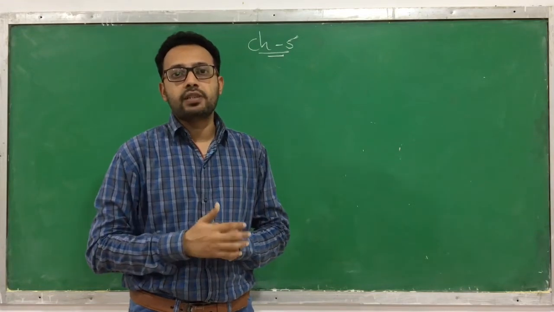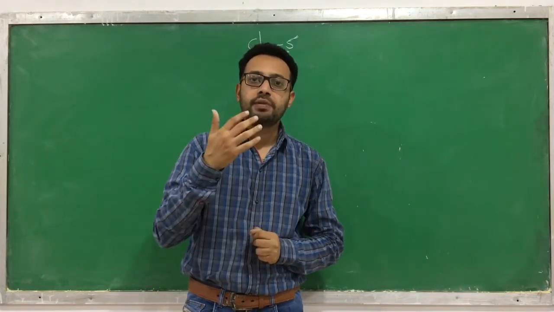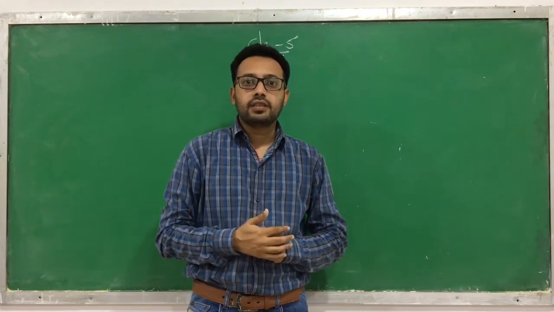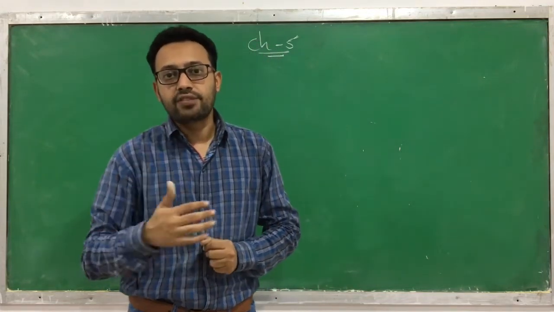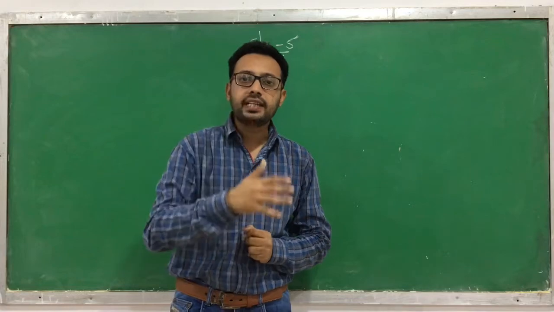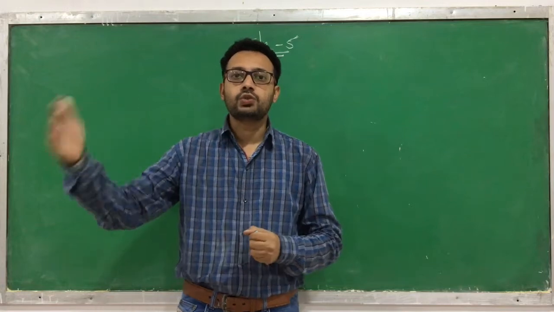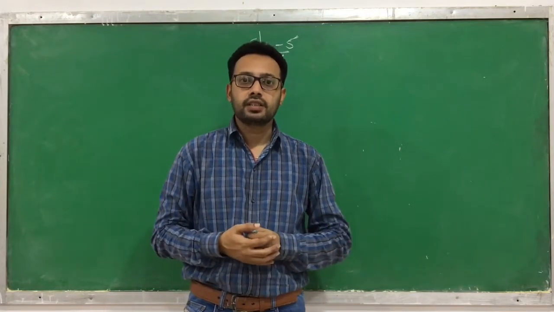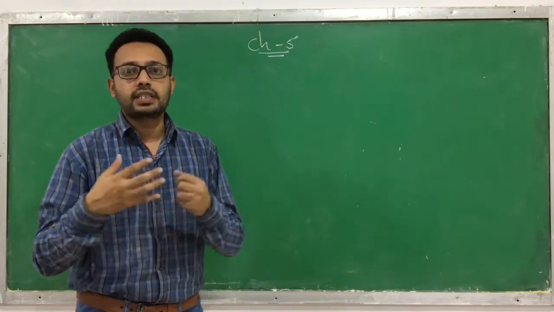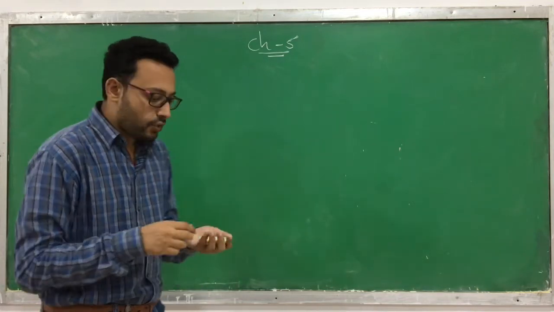In the monohybrid experiment, the F2 generation phenotypic ratio is 3:1 and the genotypic ratio is 1:2:1. In a dihybrid experiment, the phenotypic ratio in the F2 generation is 9:3:3:1. And in incomplete dominance, the phenotypic and genotypic ratio are both 1:2:1. That we have already learned. Now today we will discuss whether Mendel's experiment is correct in all circumstances or not. So that we are going to learn today.